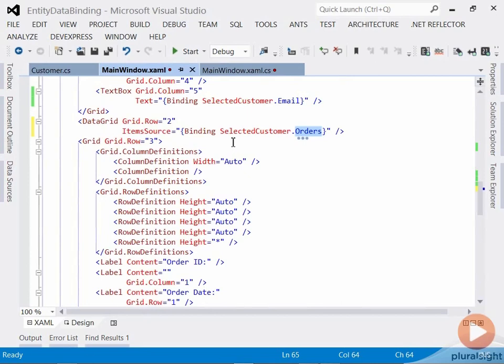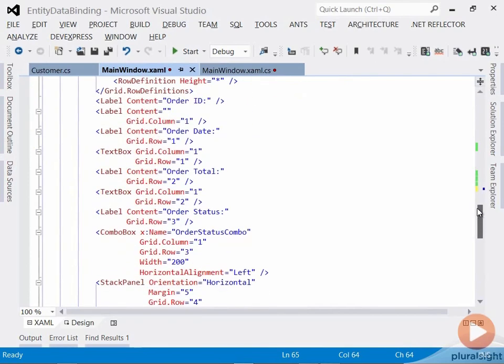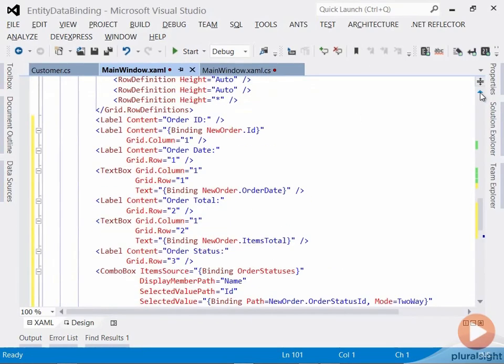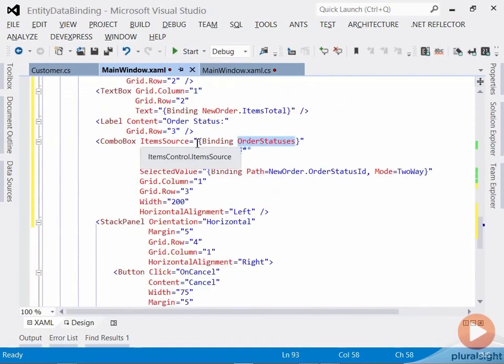Now we don't have any columns defined here, so it's going to auto-generate the columns based on the properties on that object. And then I'm going to slide down and update the fields in our order form to include appropriate bindings. So up here you can see we're binding the order ID to the new order object .id, new order.order date, new order.items total, and then for the order statuses combo box, we bind that to our order statuses